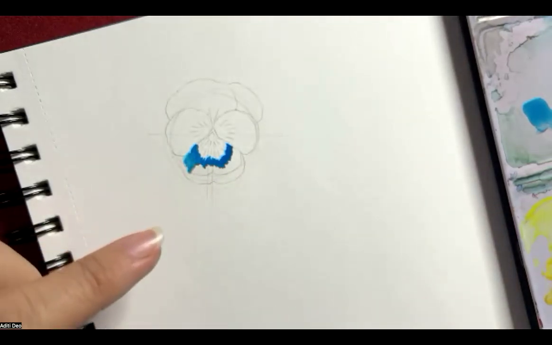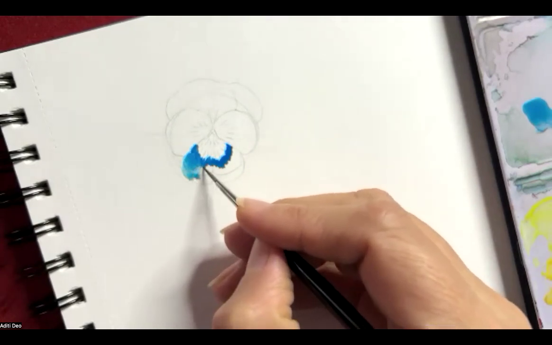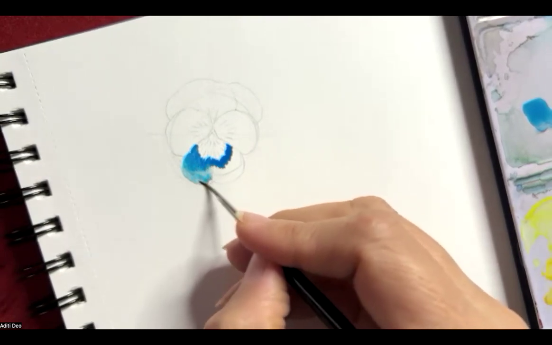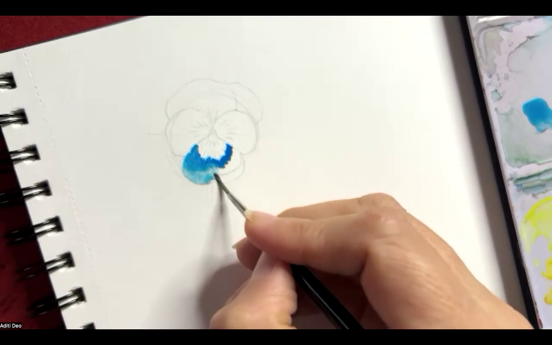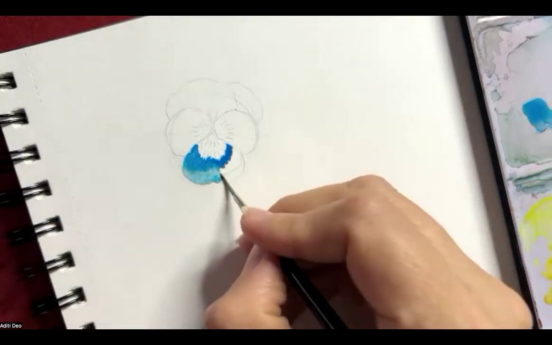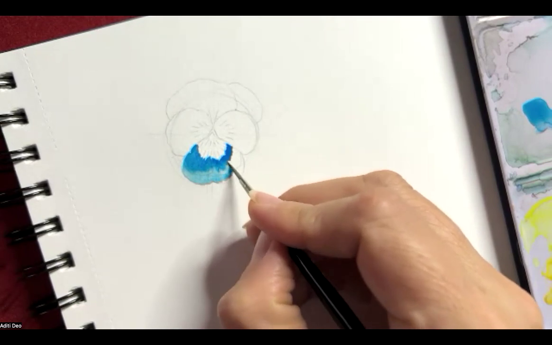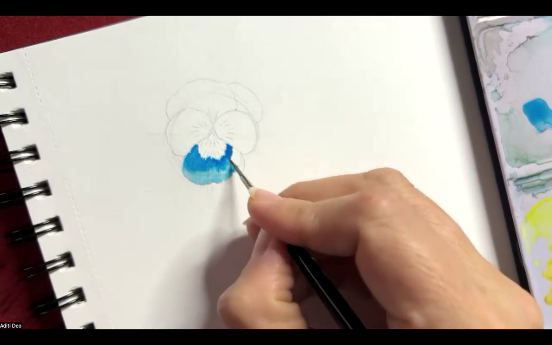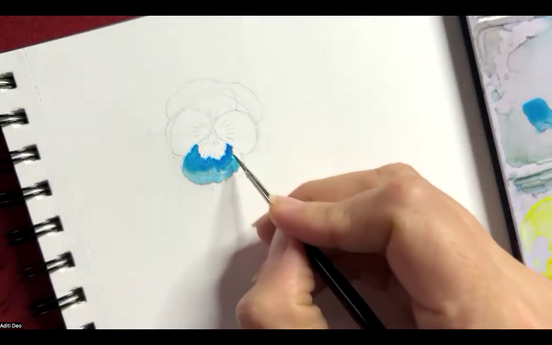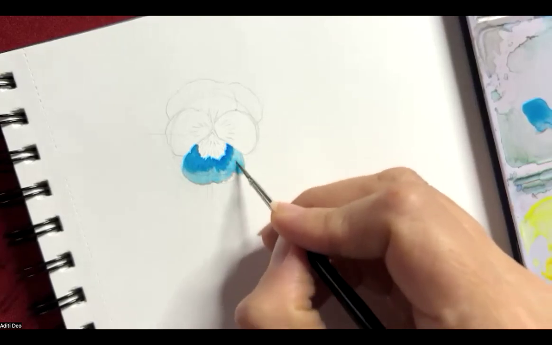Now I can see too much paint coming over here, so I'll wash my brush again. I don't want too much paint, and I'll press my brush down so that I don't take too much paint. If I get too much paint in my brush, I'll wash, wipe, and come back into this again. Very gently, just the outer edge. Use a thin brush for control so that you don't inadvertently bring in too much liquid,